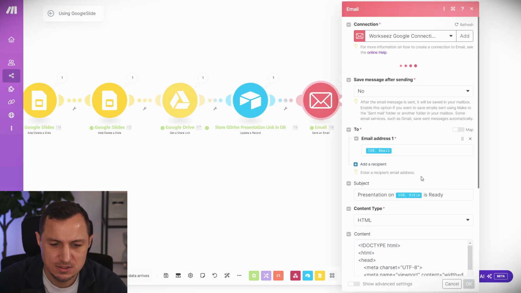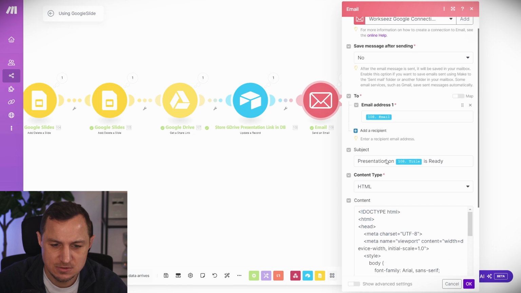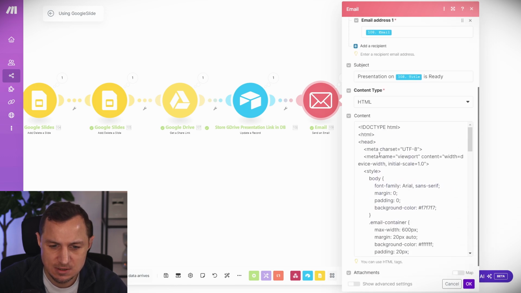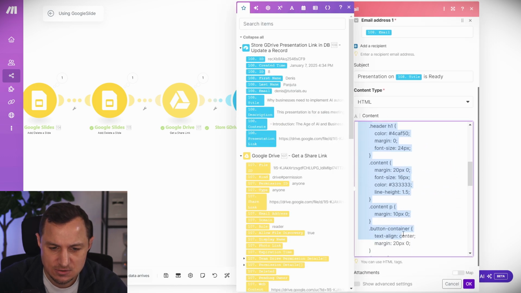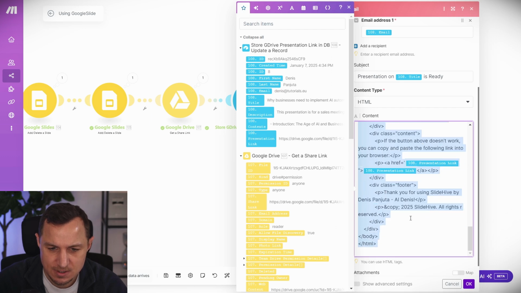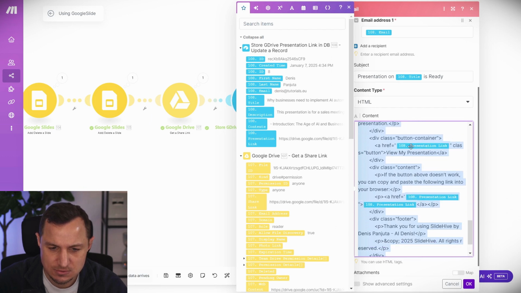And finally, we are sending an email where you just set up your email or Gmail account, and then you can send an email where I just say, hey, here, this is the HTML code in order to, well, you give me also the presentation link, and we style